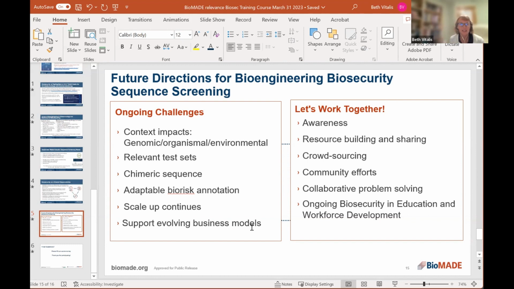And then annotation crowdsourcing. Todd mentioned that's great for FunSocs: the more information we're getting, empirical results, research, we can continue to improve. PathGO is great, FunSocs are great. We can just keep working together to improve that. Scale up continues, there are more challenges. And then evolving business models.